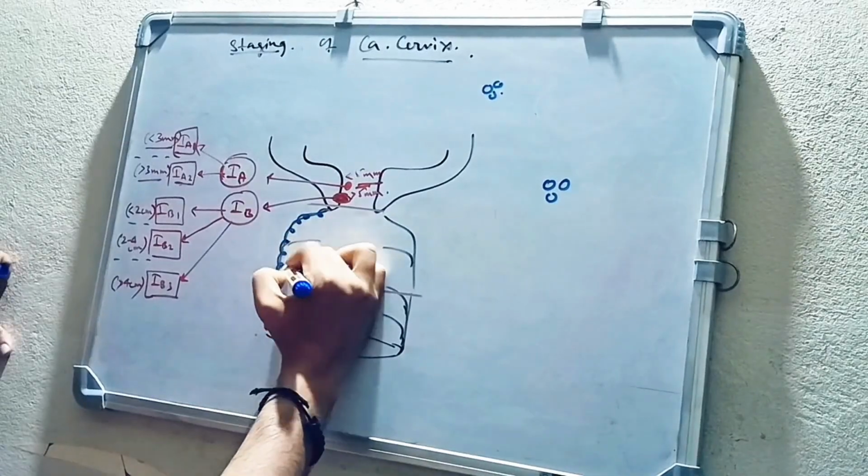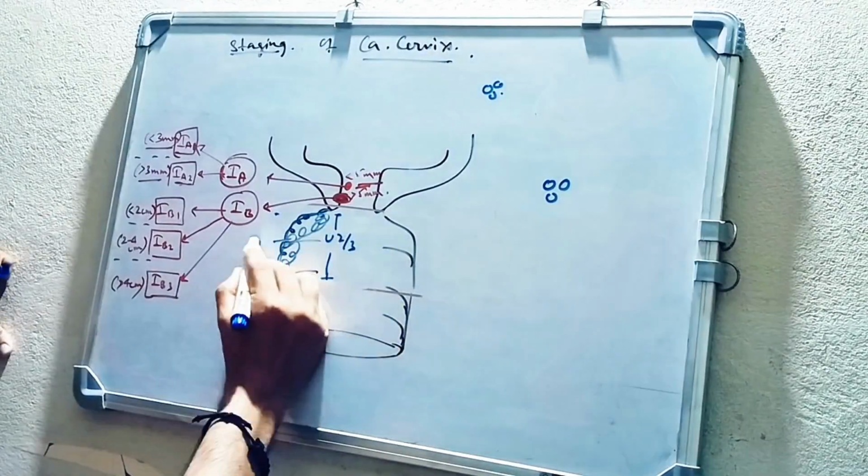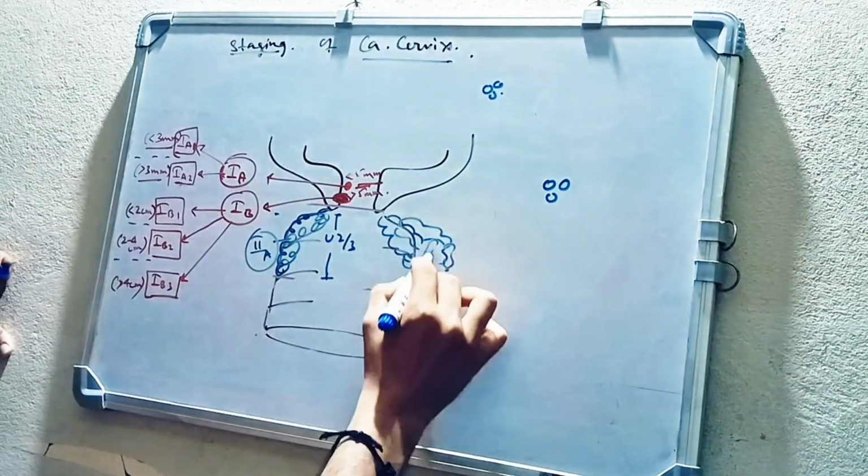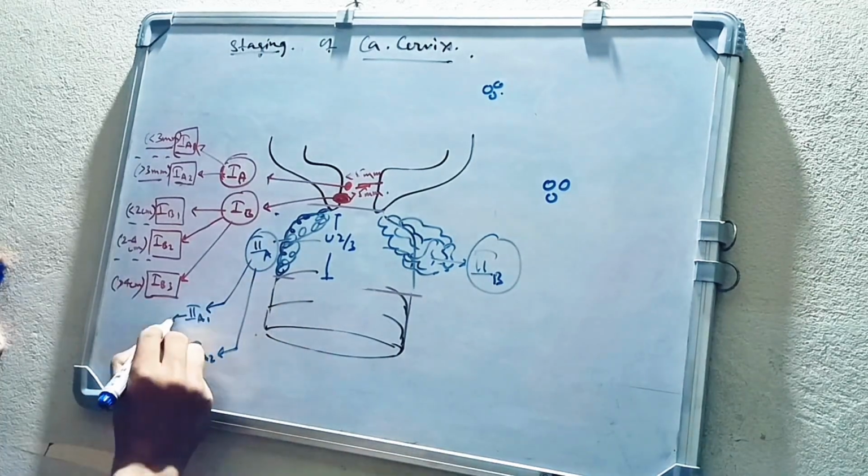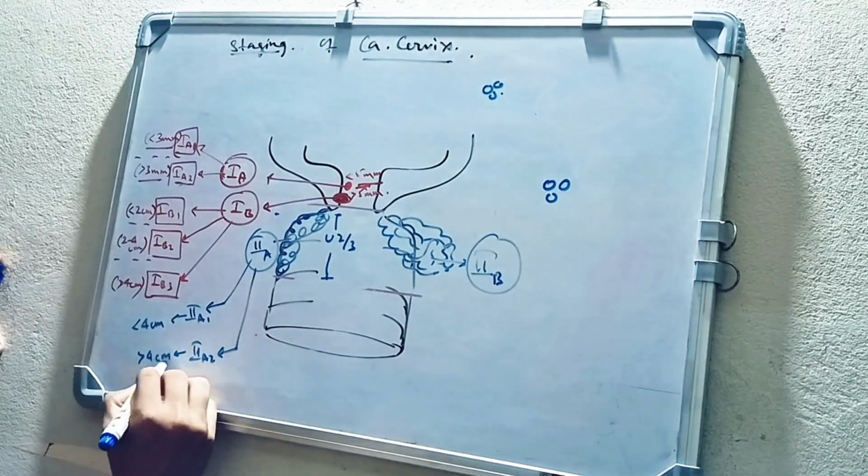Now let's come to 2. अगर सिर्फ अपर 2/3 ऑफ वजाइना इन्वॉल्व किया तो फिर 2A, और अगर पैरामेट्रियम भी इन्वॉल्व हो रहा है then it is 2B. अब 2A को डिपेंडिंग ऑन द साइज is divided into 2A1 if less than 4 cm and 2A2 if more than 4 cm.